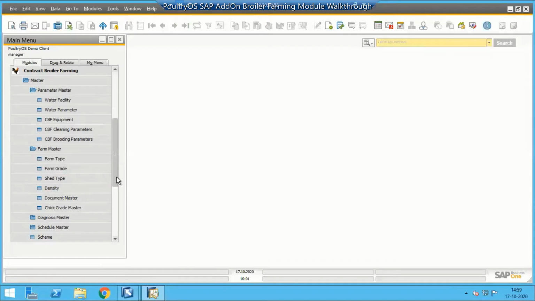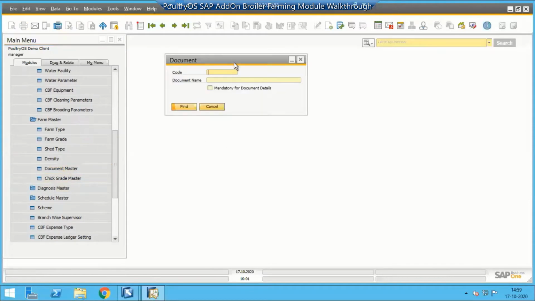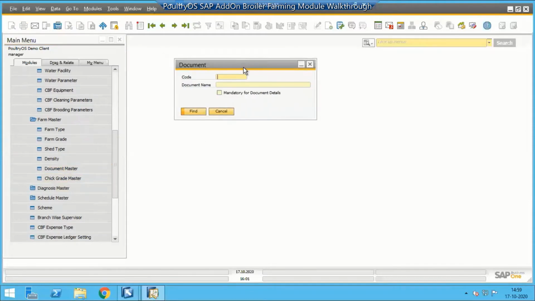Then if you are doing the agreement, if you are doing contract farming, then document masters are there because before doing the agreement you need to collect the documents from the farmers. Whatever documents you need for the agreement, you just fill in here. So when we are doing contract farming, the most difficult part is to collect the documents and make sure that all documents are collected before we actually get engaged with the farmer. Will all that document collection also be covered?